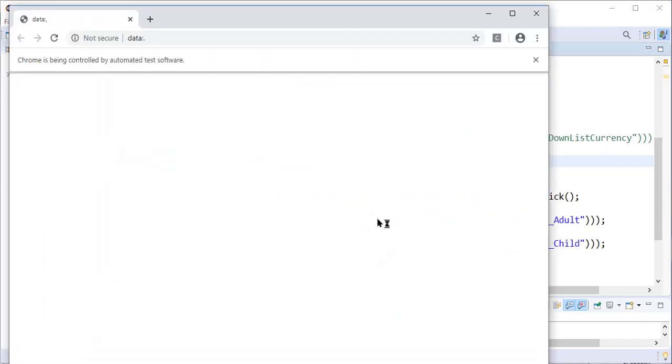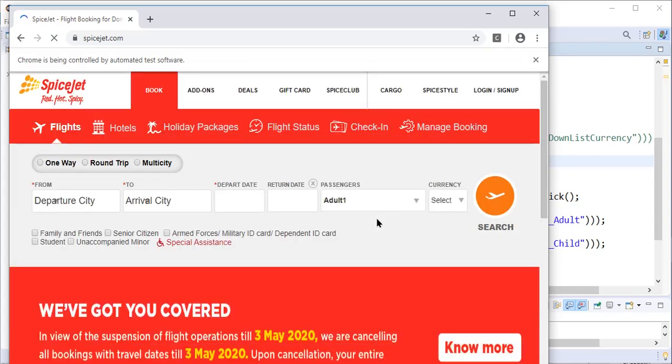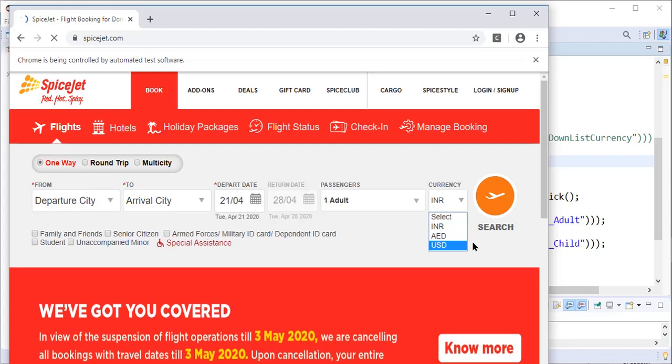See, some websites are heavy and they take time to load. Over here it is selecting these values, and now it should be able to click on this passenger.